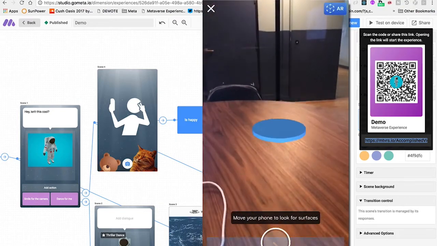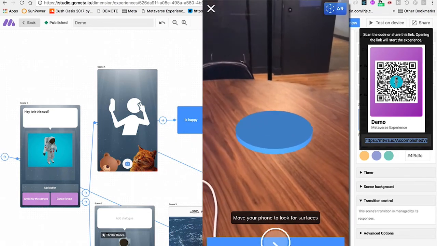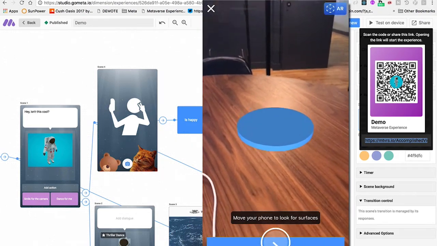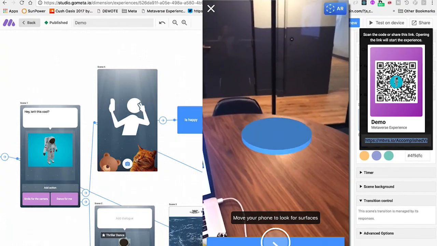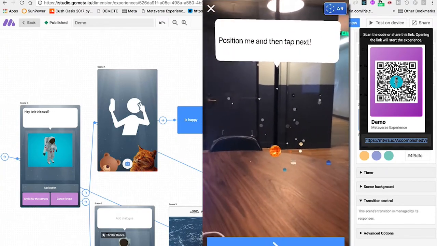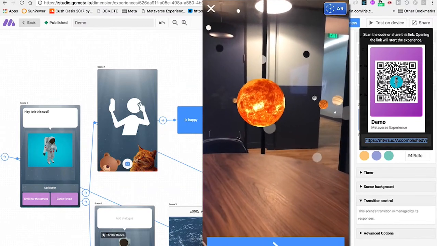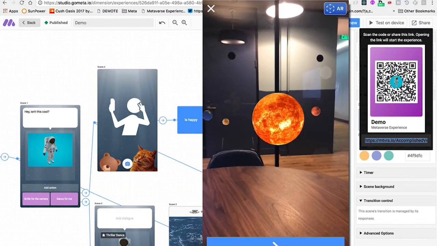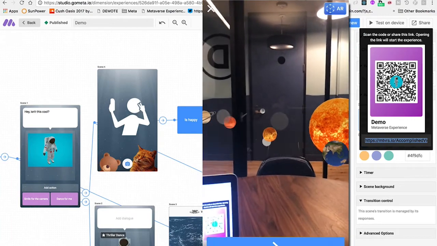I'm going to tap this AR button and then put it right here. I need to get it to visualize this. There you go. And so now I'm going to zoom in. So we've got this solar system here, and I'm going to hit play. And now, as you can see, we are in the solar system.